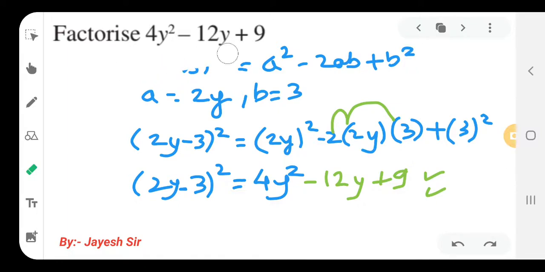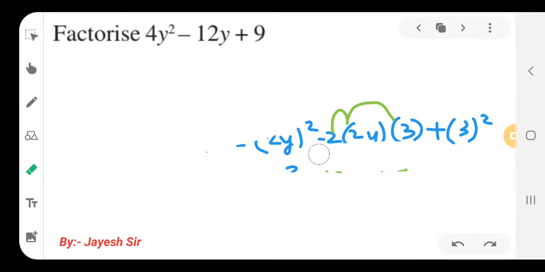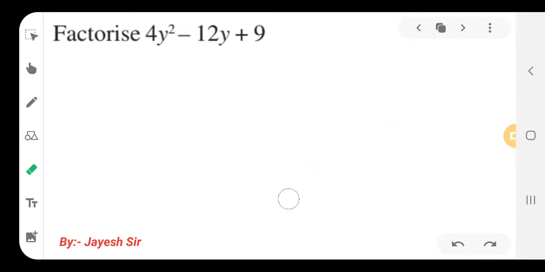Now let us understand this sum also with the second method, so that we can also practice that method over here. Now, 4y square as it is. By multiplication, what was the method? We have to multiply 9 and 4. 9 fours are 36. That means by multiplication we want 36, and by addition or subtraction we want 12. So it could be further written as minus 6y minus 6y plus 9.